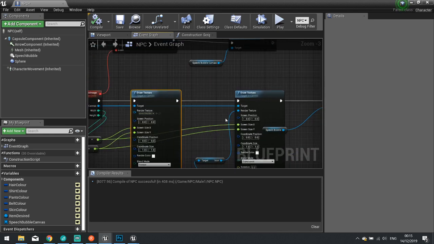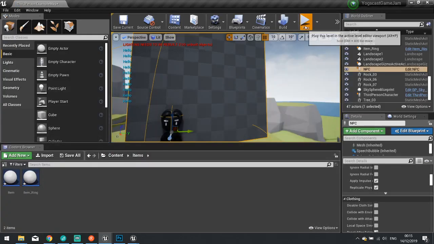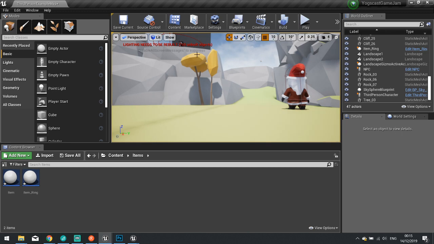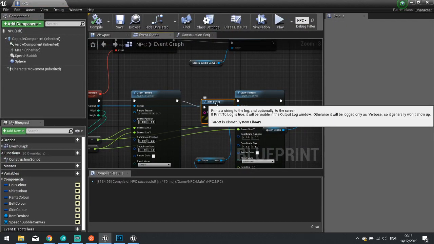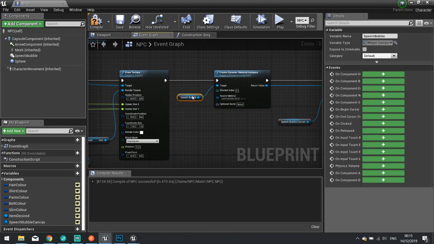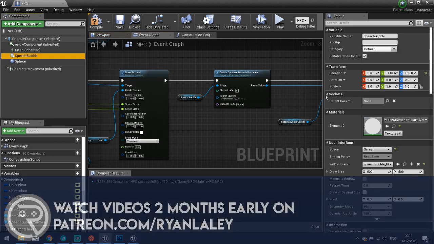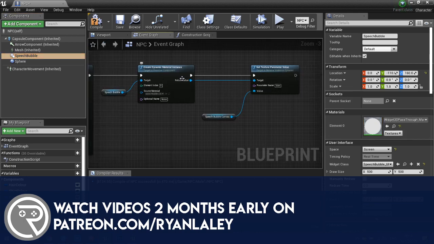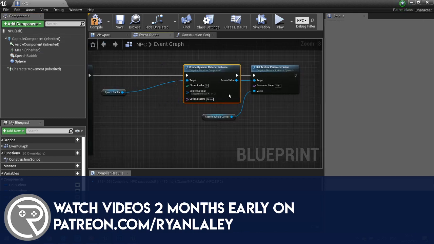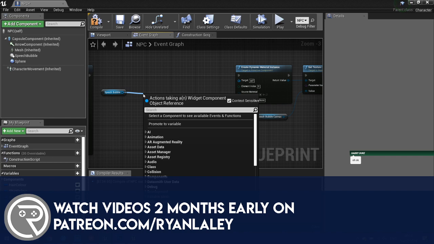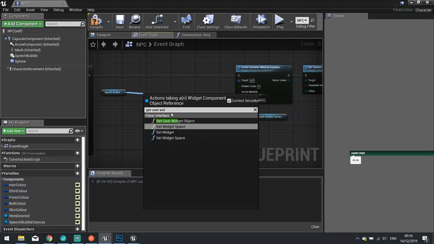So it's building this texture onto the canvas, which we've got there. Let's just print string this thing till it comes through there. Yeah, so hello. It's there just fine. Okay, so it's going through that, and then we get into here, we create a dynamic instance. I think it's because this thing doesn't actually have a material associated to it. It thinks it's applying it to this, which we don't want. So instead I want to get set to the material of the image inside of it. So we're going to get user widget object,